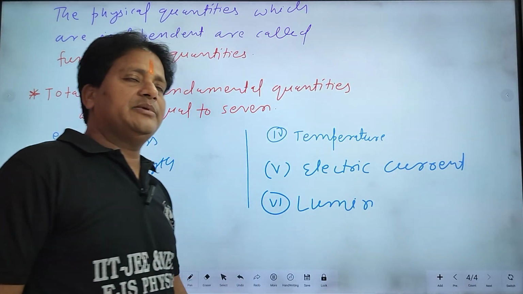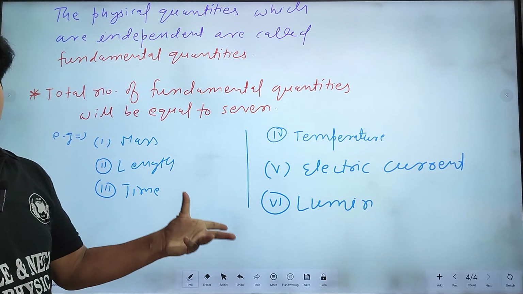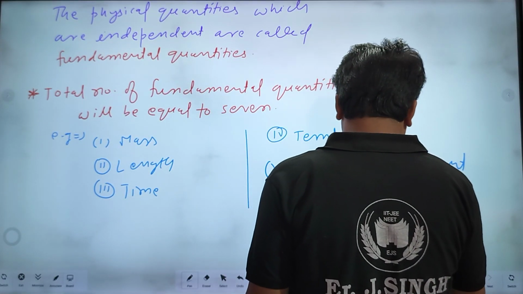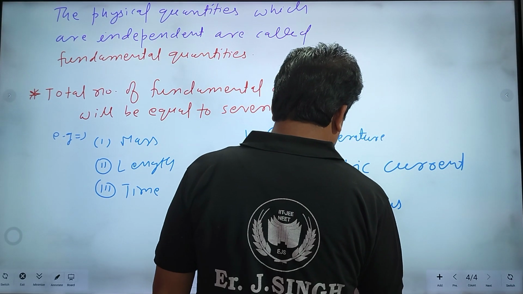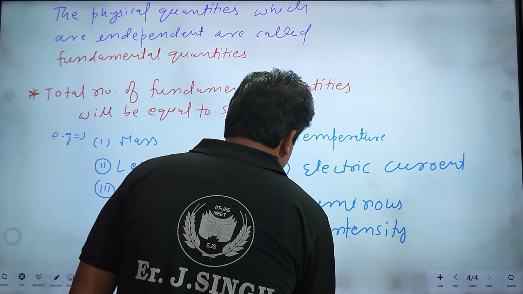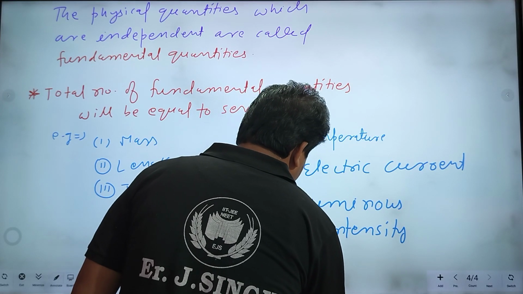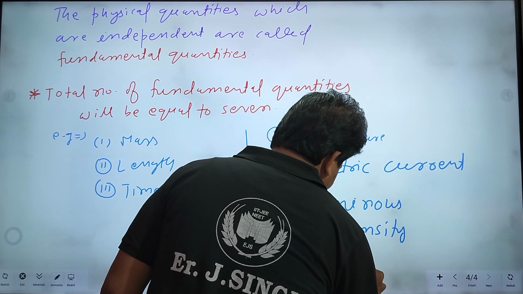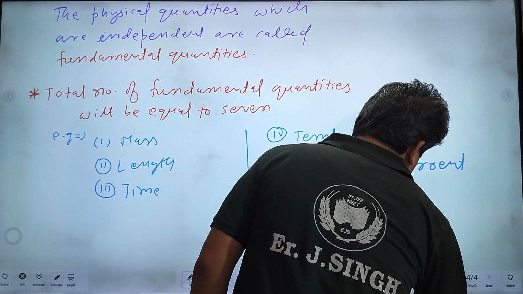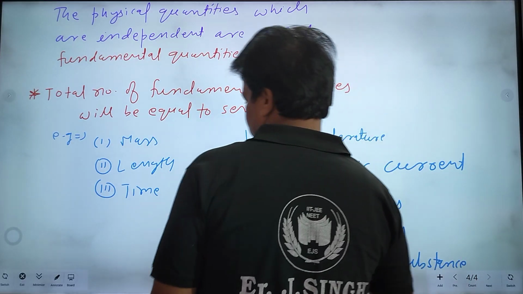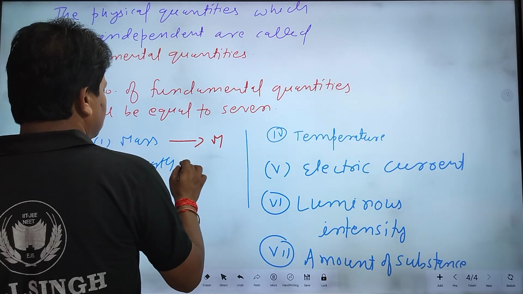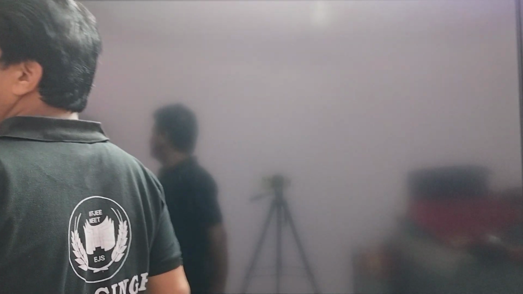What is the meaning of luminous intensity? Luminous means light. Luminous intensity. And seventh, amount of substance. M for mass, L for length, T for time,